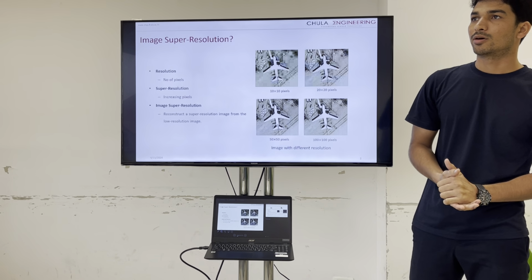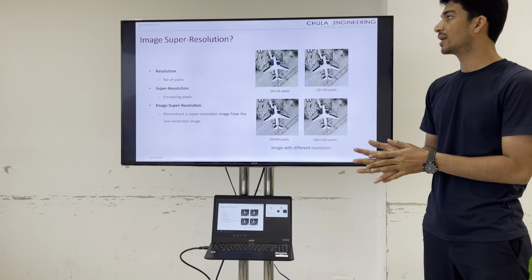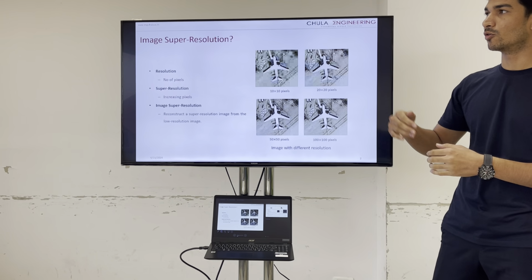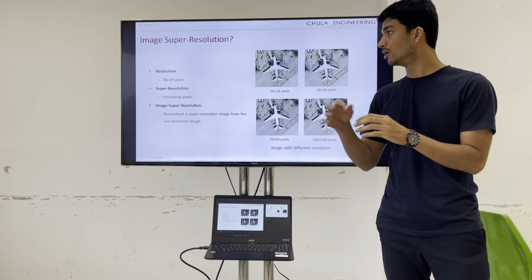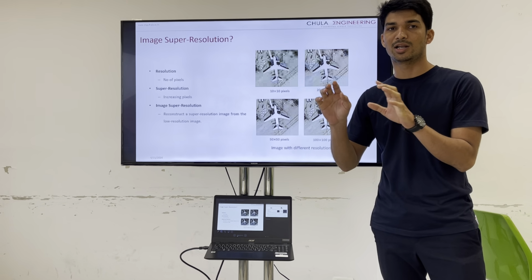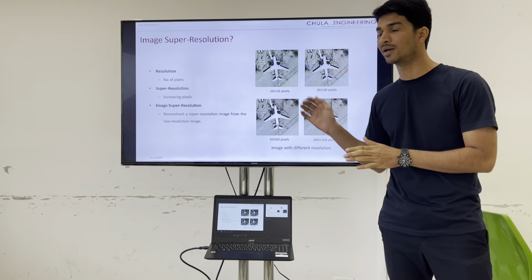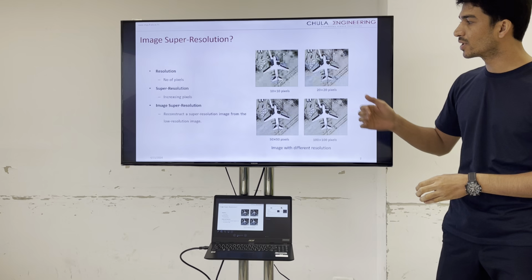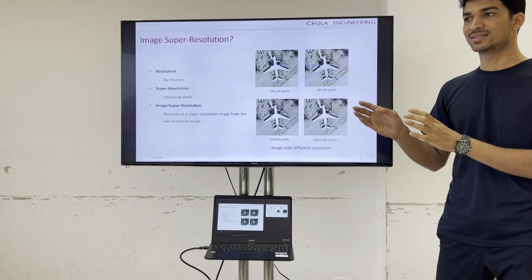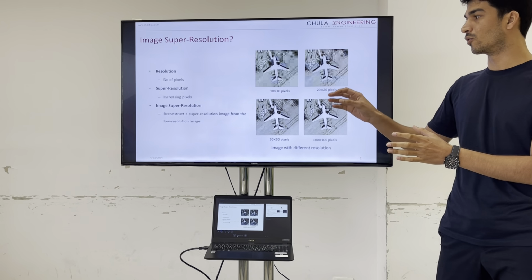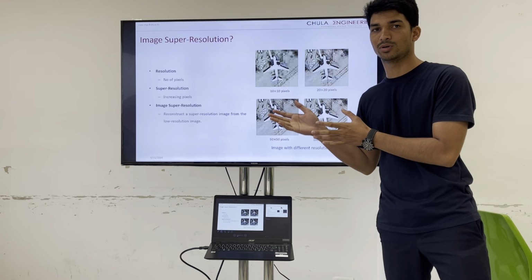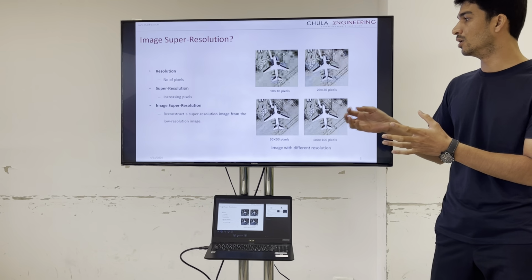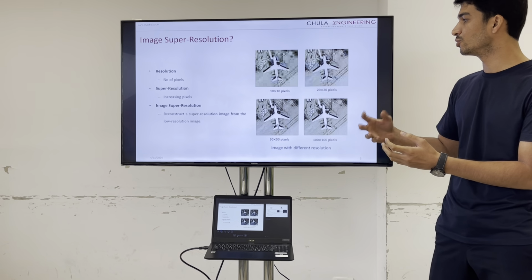Okay, first of all, we talk about the introduction. What is actually image super resolution? Before going to image super resolution, I will explain what super resolution is. First, resolution is the number of pixels on a screen in a vertical and horizontal way. Super resolution is meant to increase the number of pixels from a low resolution image. And image super resolution applies a high resolution technique on a low resolution image to upscale it.